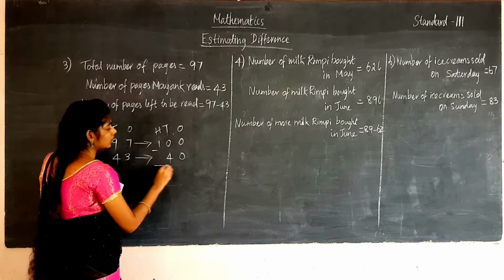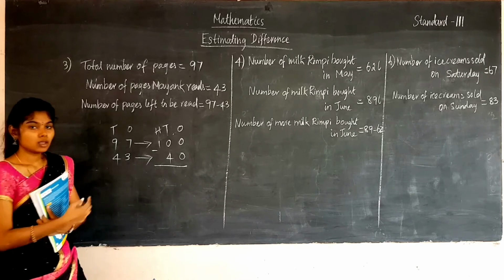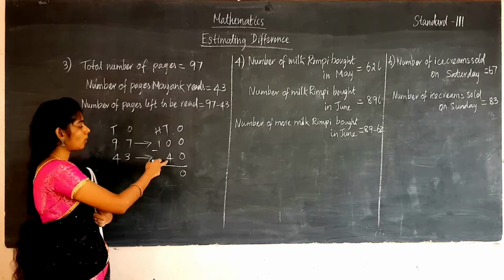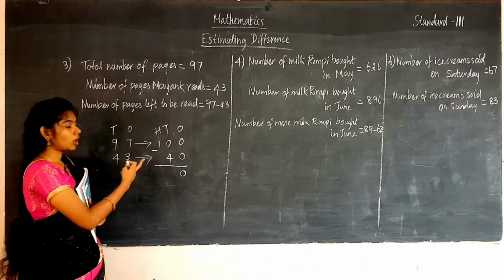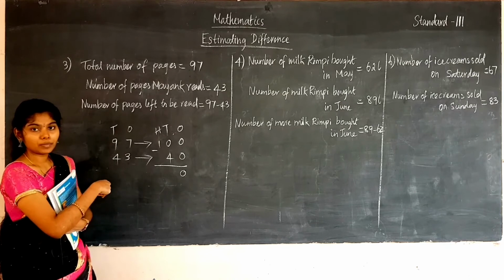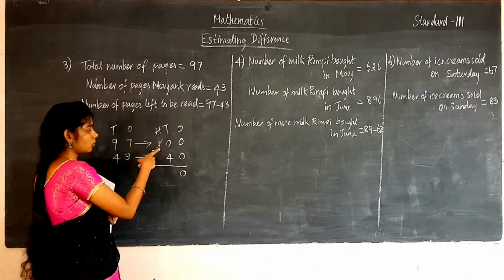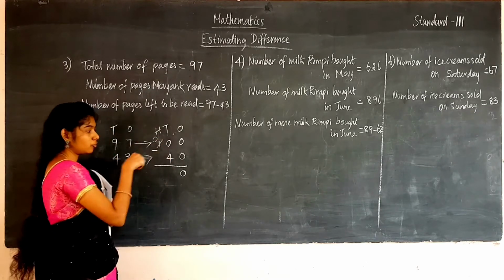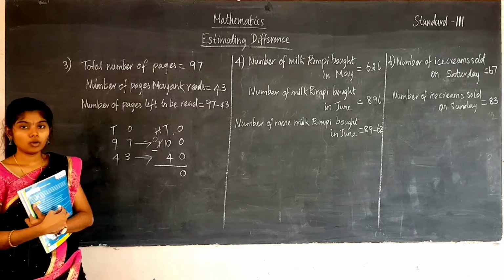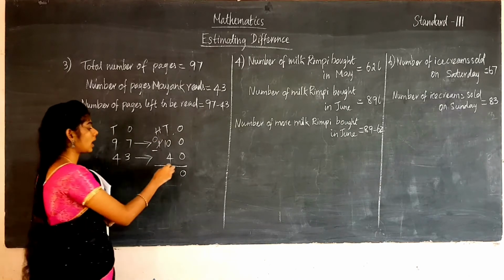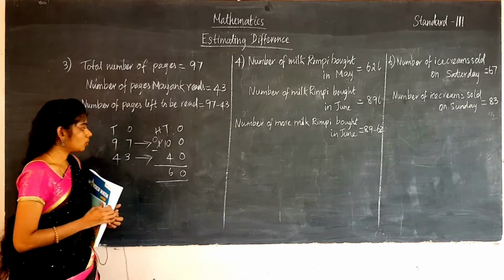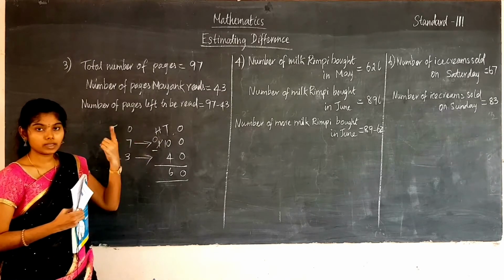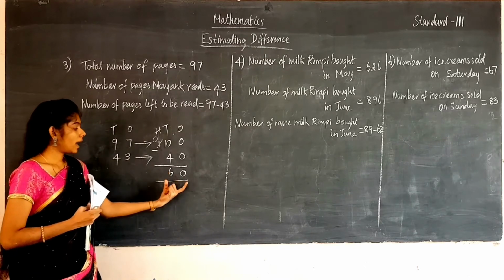So now you can subtract the numbers. 0 minus 0 is 0. And then in the tens place you have to subtract 0 minus 4. Here 0 is the smaller number, so you have to borrow from the hundreds place. So 1 should be cancelled, and the number before it is 0, and you have to write 1 before that number. So 10 minus 4 is 6. So write the number 6. 10 should be in the mind and 4 on the fingers. Say the numbers before 10: 9, 8, 7, 6. That's why we got 6. So the answer is 60.